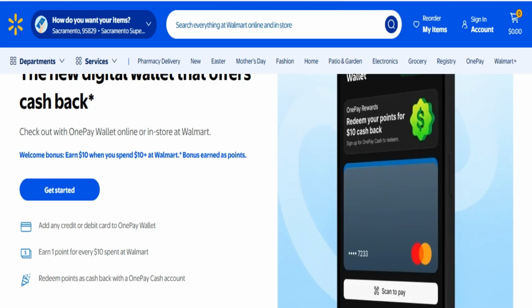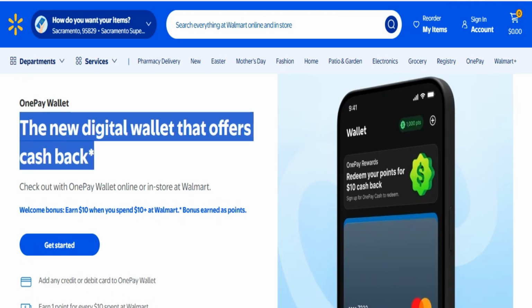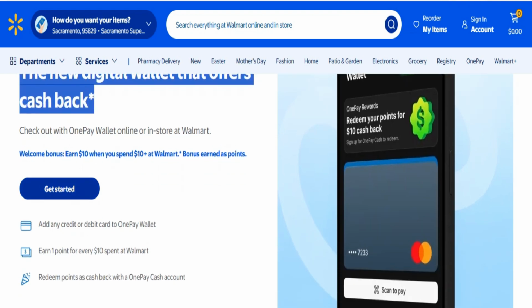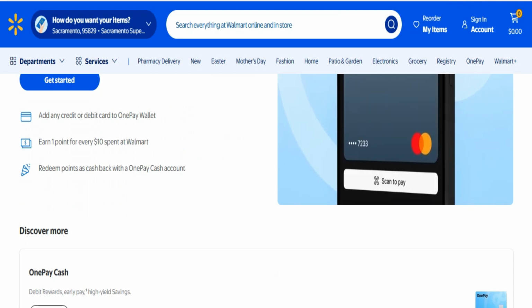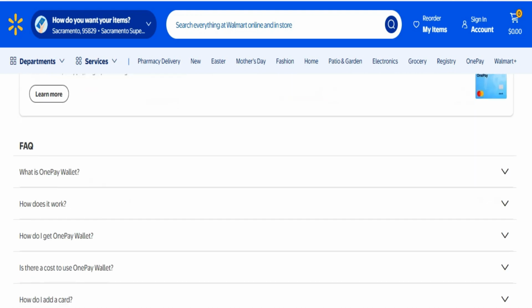OnePay Walmart Review. OnePay is a digital wallet created by Walmart designed to make shopping quicker and more rewarding. By linking your debit or credit card to the app, you can pay securely at Walmart stores and on their website without needing to swipe a physical card. Plus, it offers a cashback reward system where you can earn rewards for every eligible purchase and redeem them through